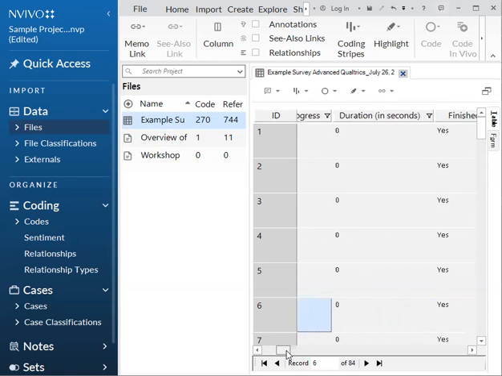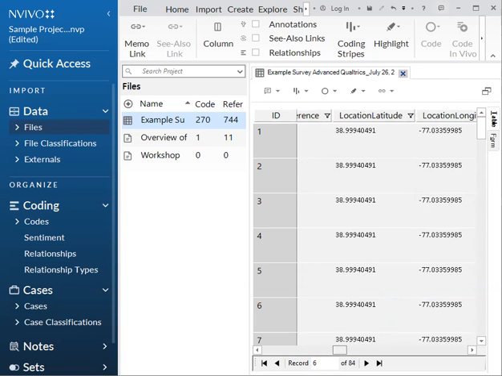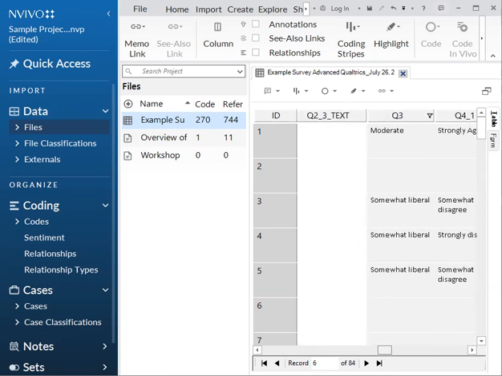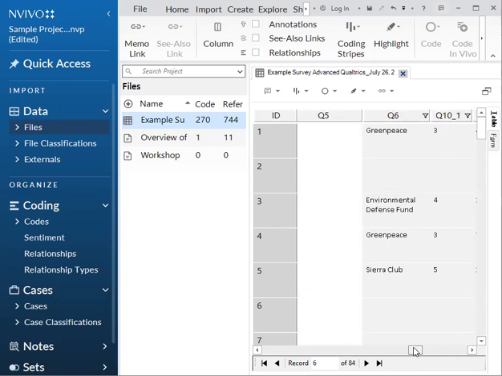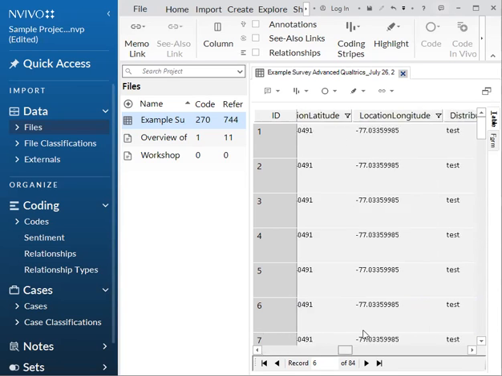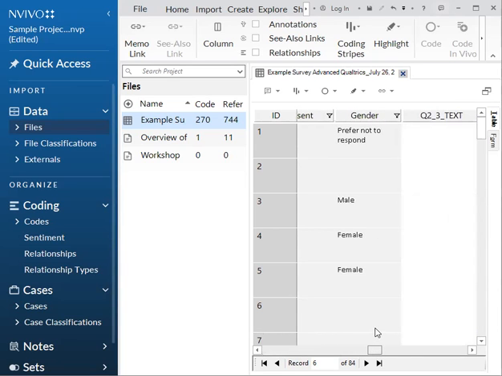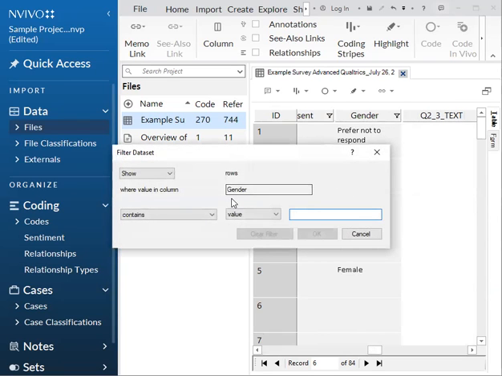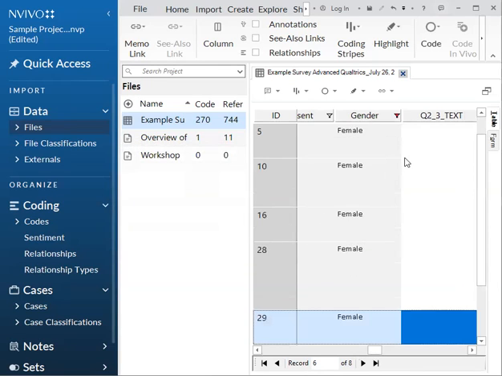So for instance, if we go further down in our data set, we should have some responses for different demographic questions like gender, for instance. So if I want to filter and just look at values where someone identified as female, that's possible just by filtering the data here.